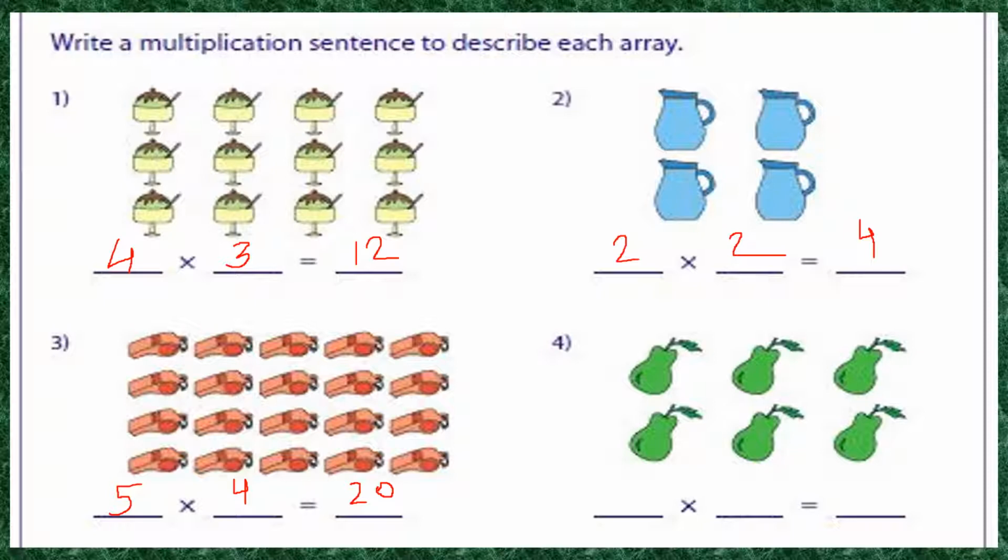Now see the next picture, children. Fourth one. There are pairs here. 3 groups are there, 3 groups of pairs, and each group is having 2 pairs. So 3 multiplied by 2, or 3 2s are 6. So there are 6 pairs. So we can write in this form, children.